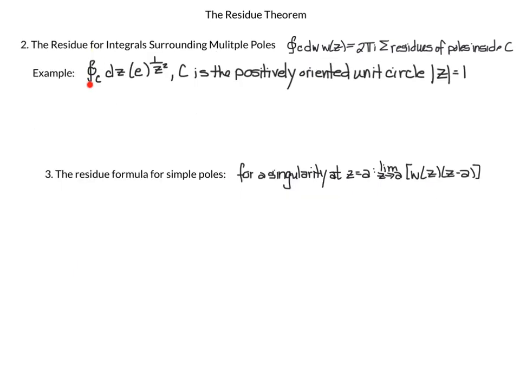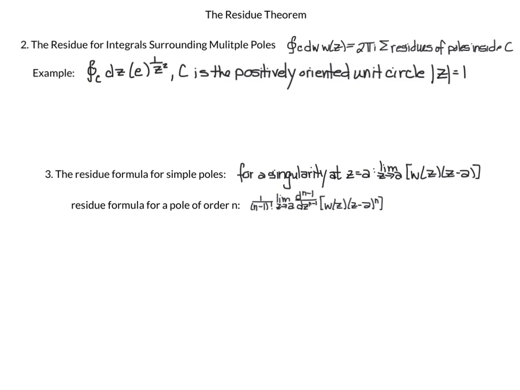So this example here is one where you have to do the Laurent series. Looking at our next example, we want to integrate over c e raised to the 1 over z squared. You see we have a singularity at z equals 0 because of this division by z squared. But you also see now if we multiply by z minus a, and actually because we have a singularity of order 2, we would be multiplying by z minus a squared. So z minus 0 squared is z squared. You see we will just have then a z squared e to the 1 over z squared. Again, it does nothing to get rid of the singularity,